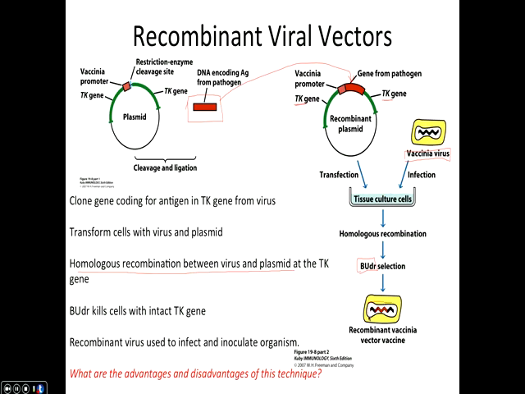So the vaccinia virus has that. So when you get a recombinant virus, which is what you see here, the homologous recombination between the thymidine kinase gene here and the one here will essentially put this gene from the pathogen in, and that inactivates the thymidine kinase because you have another gene right in the middle of it. So the thymidine kinase gene in the virus doesn't work anymore. So any intact virus dies here. When you do this, the BUDR selection kills intact vaccinia viruses. What you're left with is a recombinant virus that is going to express your gene of interest.